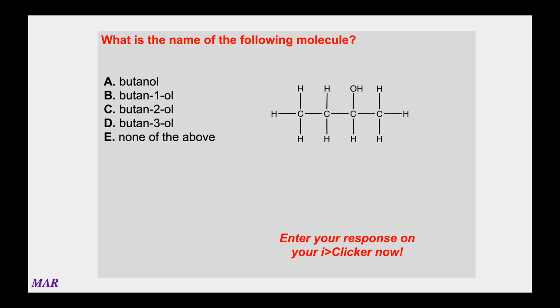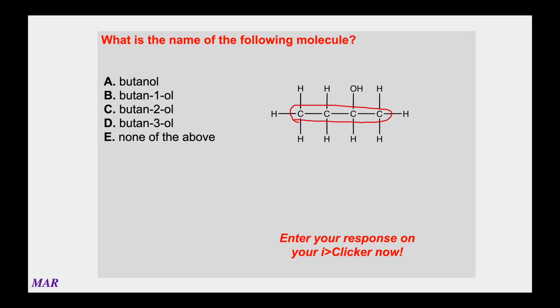You've got to figure out the longest chain. So definitely there are 4 carbons right there. That's going to be the longest chain. That would be butane. However, as you probably saw right away, this is not an alkane. This has an OH group, an alcohol. So it's going to be some type of butanol or butan-something, which is cool. So butanol is the name.